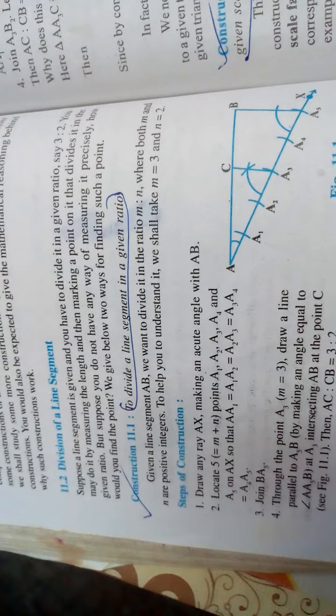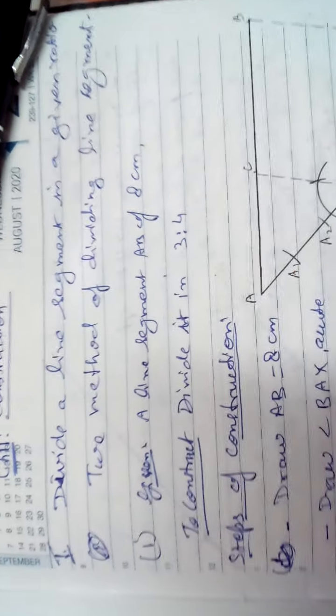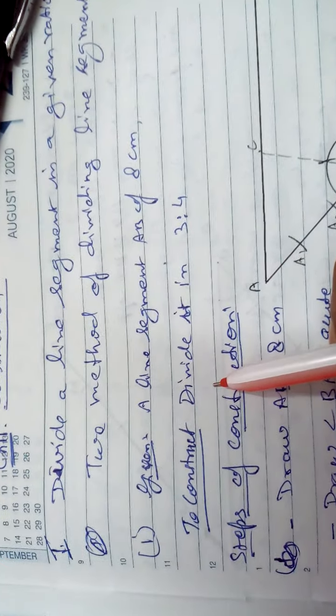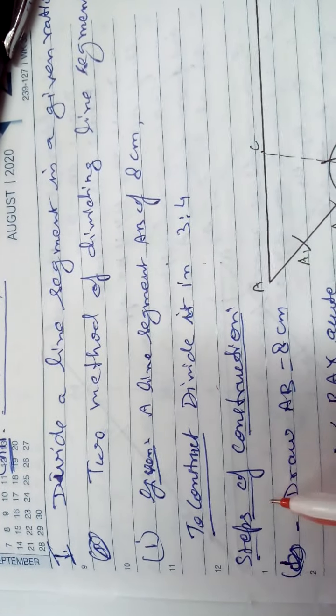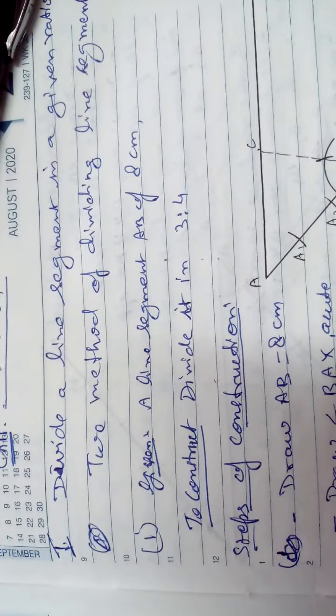Division of a line segment: to divide a line segment in a given ratio. So here we will see a line segment given. What is given? A line segment of 8 cm is given. To construct, divide it in 3:4. Steps of construction. First of all, you will write the steps of construction and draw